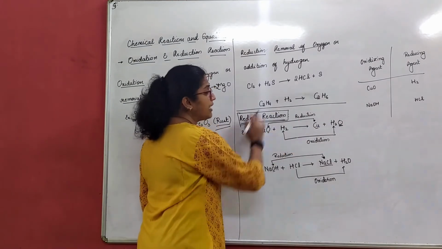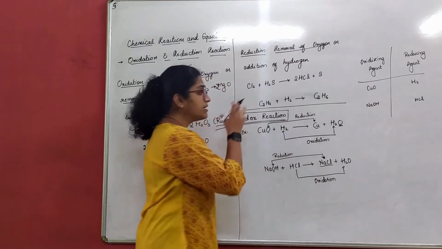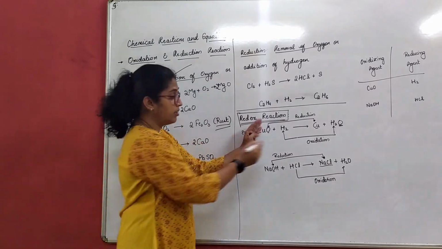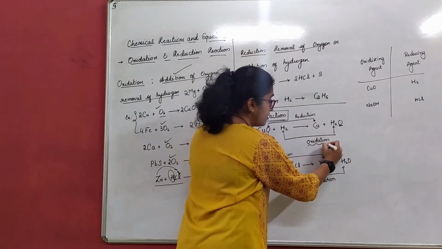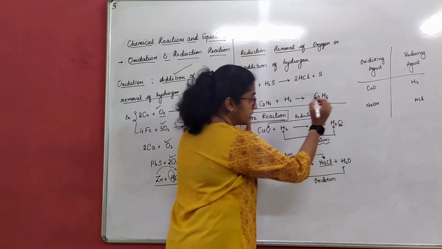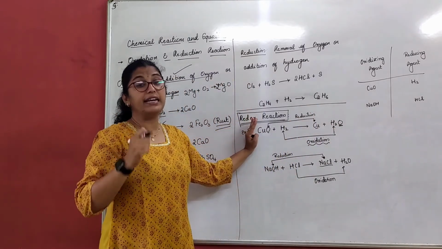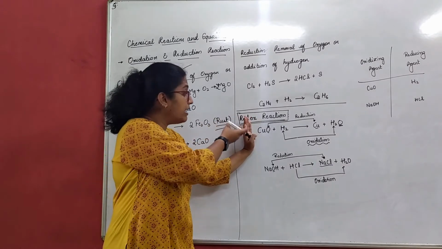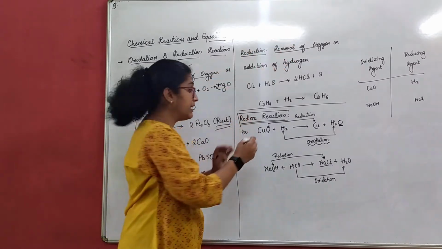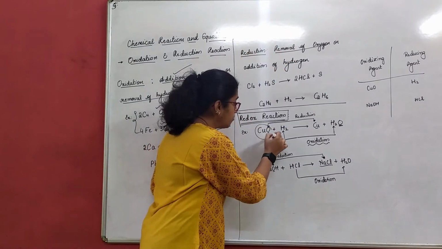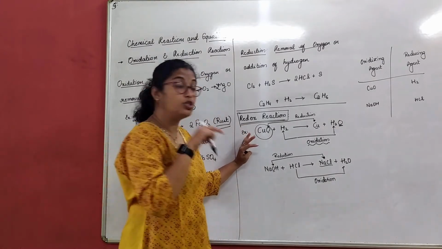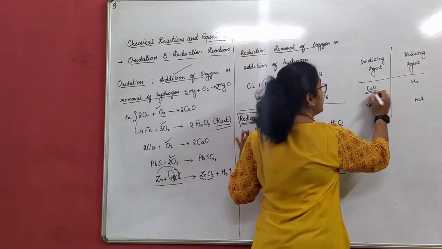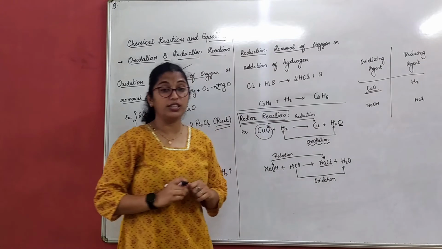Now in the whole equation, what is giving you oxygen? Now this part is oxidation, we understood, right? That is, here it is getting added. From where it is getting added, from which part, from which element or which compound are we taking it? We are taking that from copper oxide. So copper oxide is an oxidizing agent.